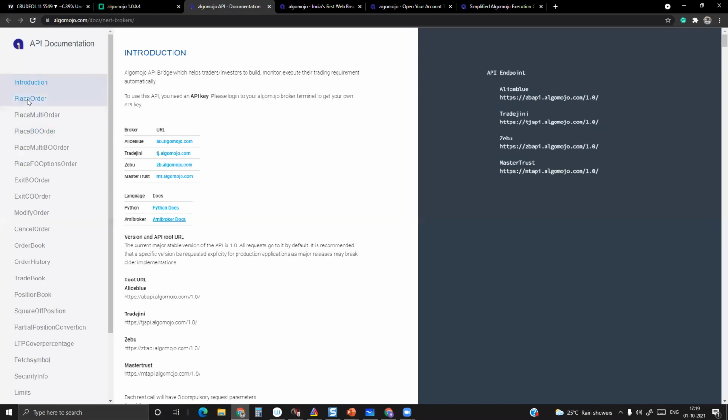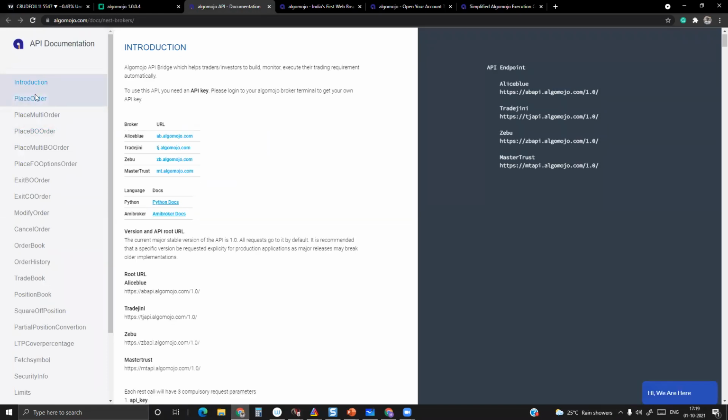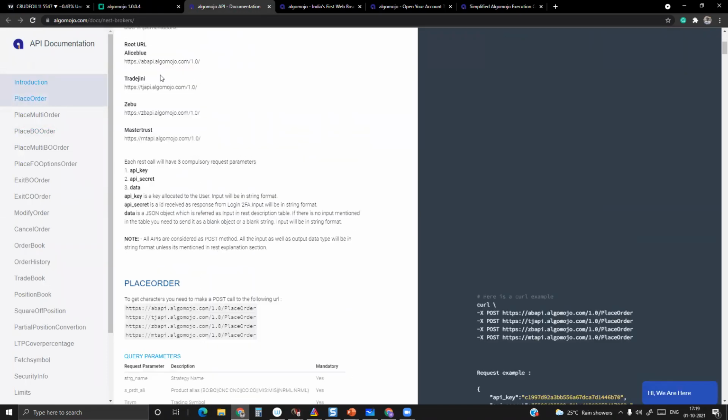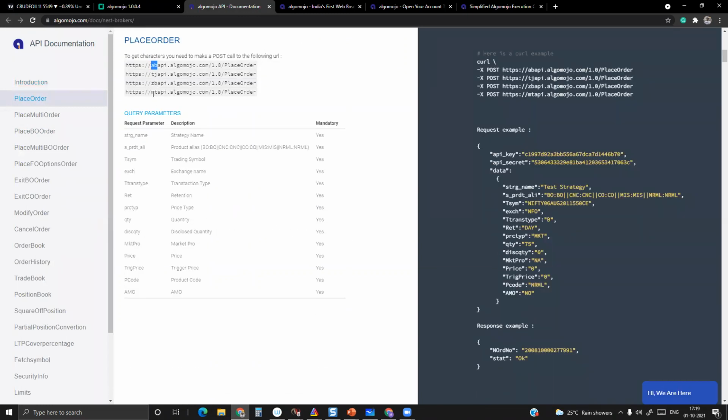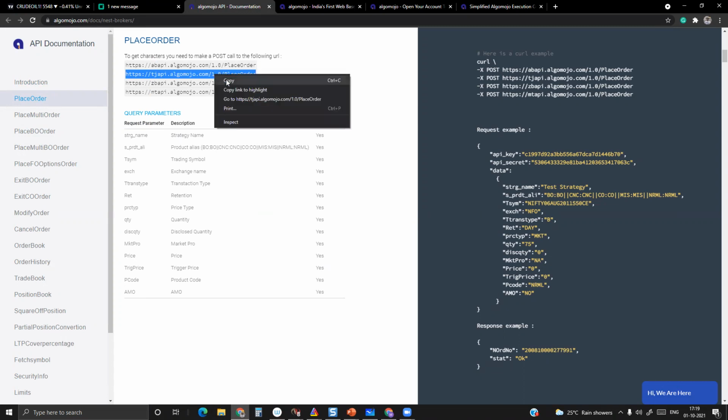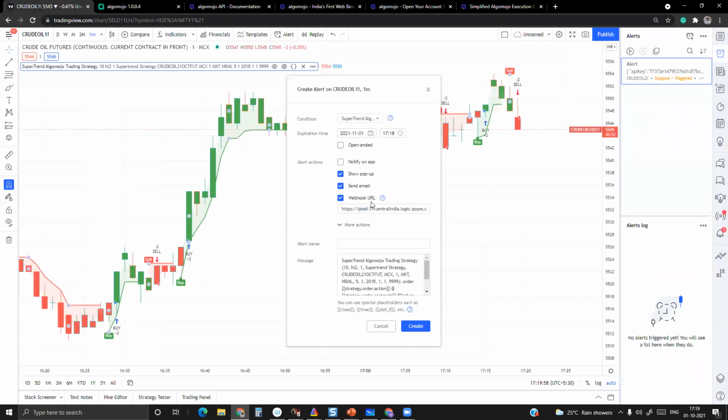AB stands for Alice Blue, TJ stands for Tradegenie, ZB stands for Zebu, and MT stands for Master Trust. For this example, I'm using Tradegenie as the broker, so I'll copy this endpoint URL and configure it in the webhook URL section.